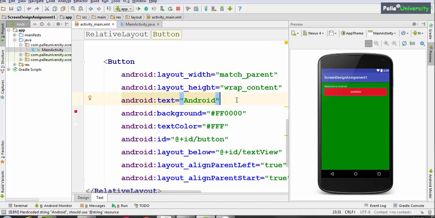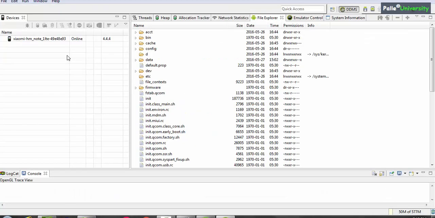Now let me show you whatever I am seeing on my phone. I will show it to you using Android device monitor. I hope you remember what Android device monitor is. If you want to share your phone screen with others, you can use Android device monitor. Now let me open Android device monitor. Now I have closed Genymotion. I have connected my laptop with my real device, that is Redmi Note. Now let me click the camera picture.